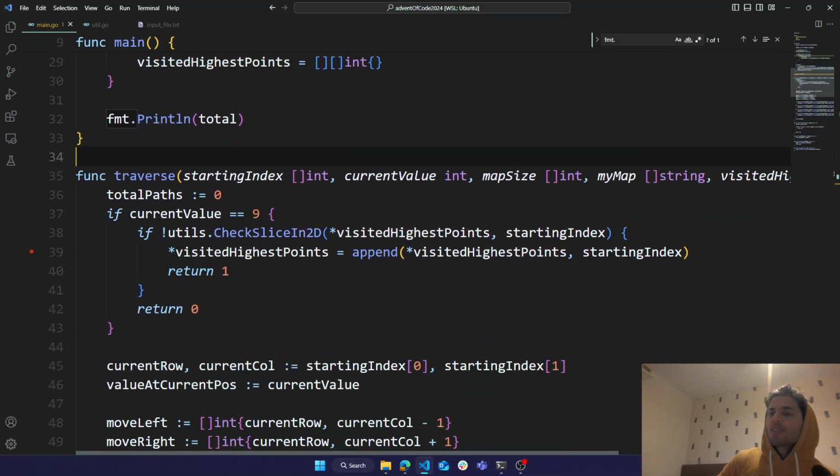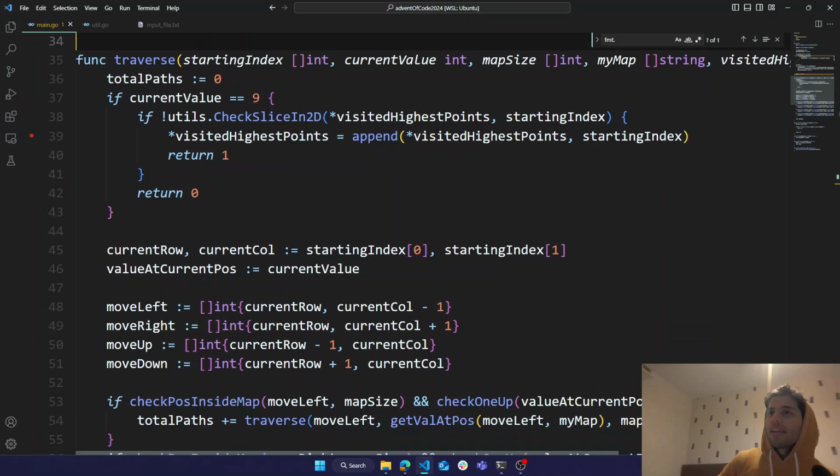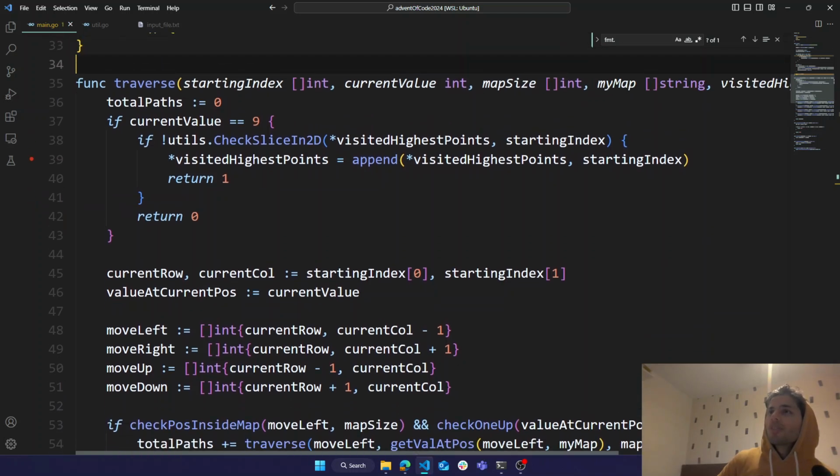So the traverse function itself is a recursive algorithm. It'll firstly create total paths, start with 0. If we do, this is our break condition, right? So if we do reach a 9, that means we have completed a path, but we also want to add that 9, the highest point, to our visited highest points,